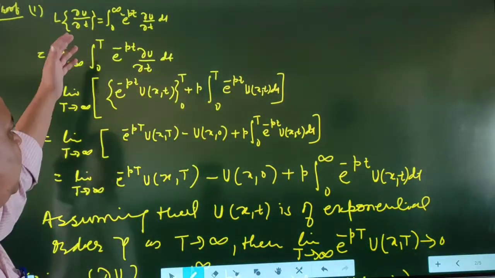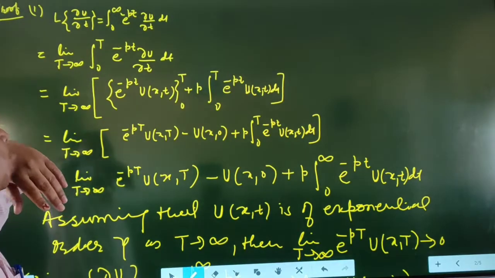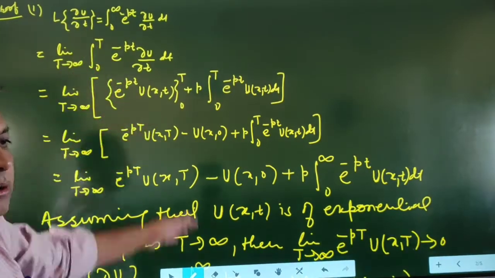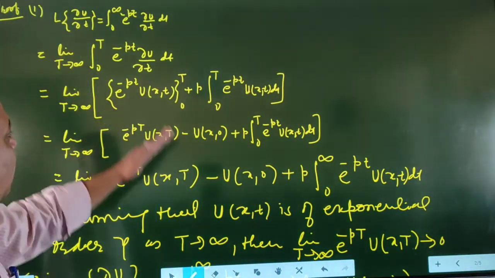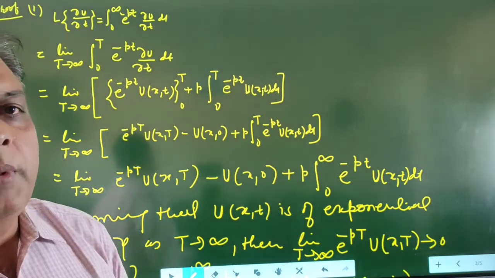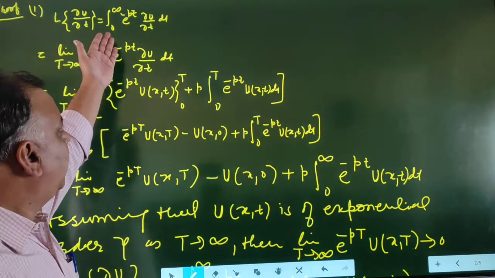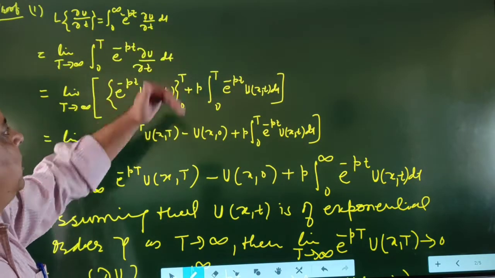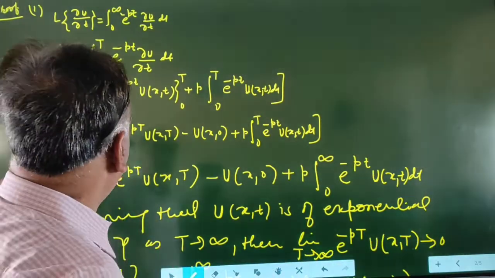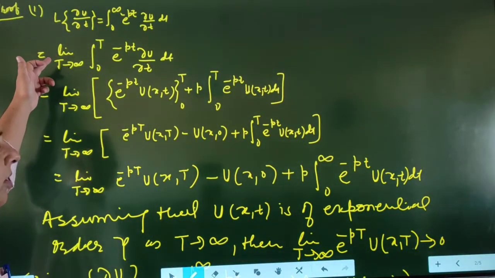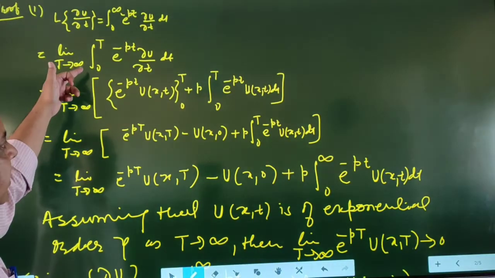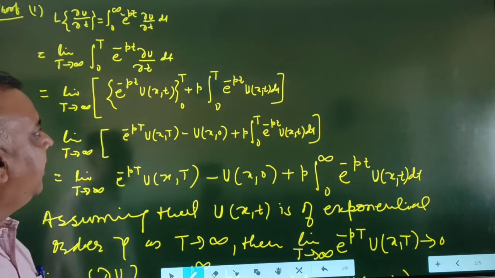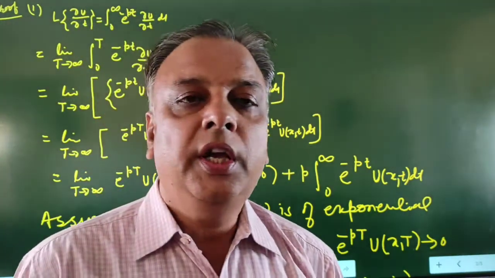Now by the definition of the Laplace transformation, the Laplace transformation of del u upon del t equals the integral from 0 to infinity of e raised to minus pt del u by del t dt. Or this can be written as limit T tends to infinity of the integral from 0 to T of e raised to minus pt del u by del t dt. Now integrating